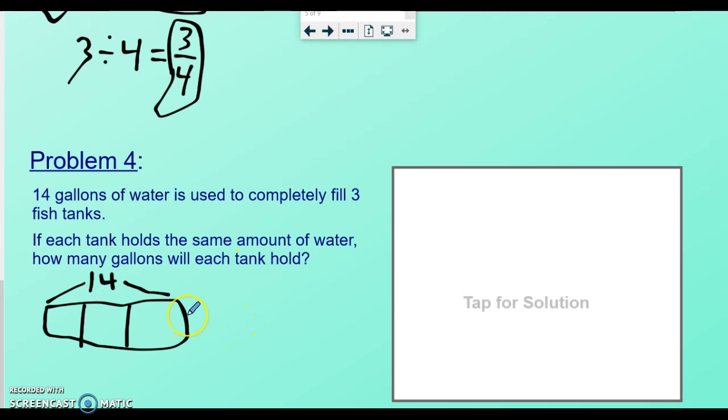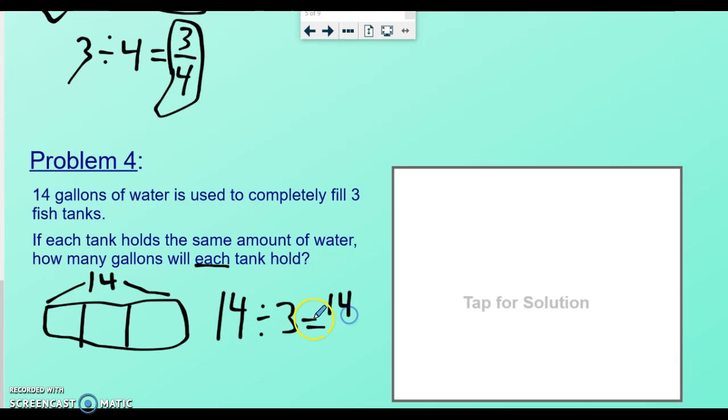Okay, friends, hopefully you guys got it. If not, feel free to pause the video to give everybody else some more time before I reveal the answer. So here we go. For this one, it says if each tank holds the same amount of water, how many gallons will each tank hold? So by this saying each, we only need to find 1. So we're going to take 14, we're going to divide it by 3, which then in fraction form gives us